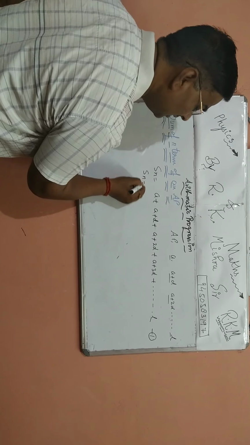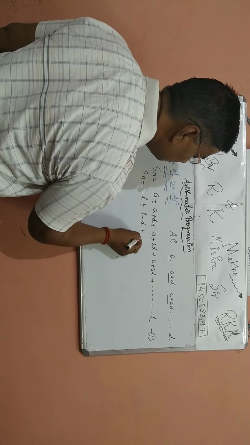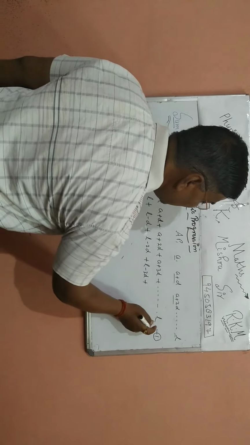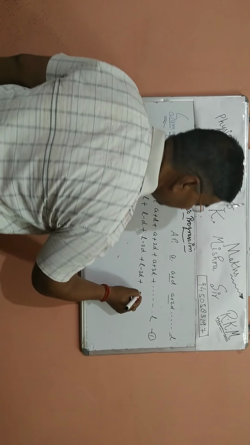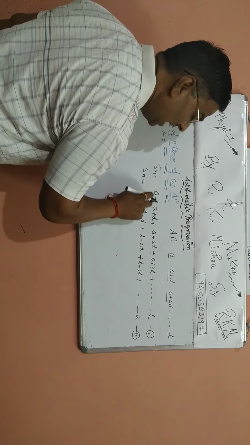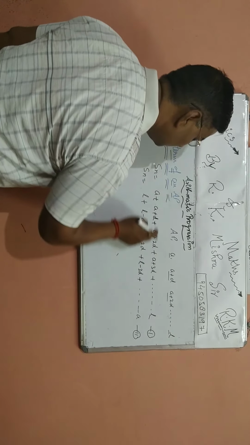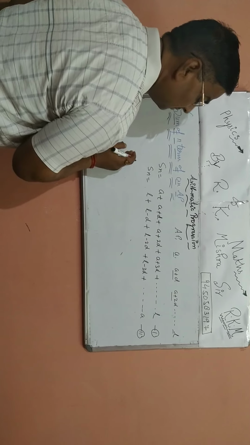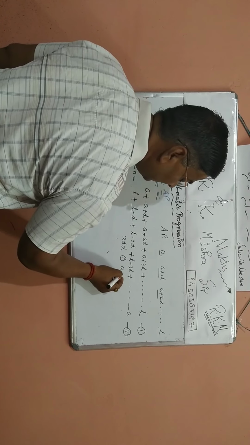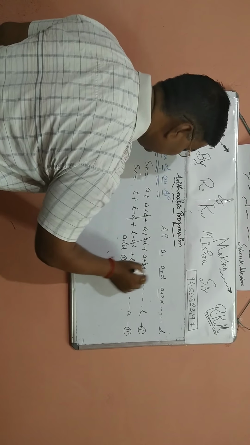So Sn will be again l plus (l minus d) plus (l minus 2d) plus (l minus 3d), and we will return to a. Can you understand here? By adding d you can get l, so by subtracting d you can get a back. Now add 1 and 2, first and second. What are you getting? Look here, d and d cancel.